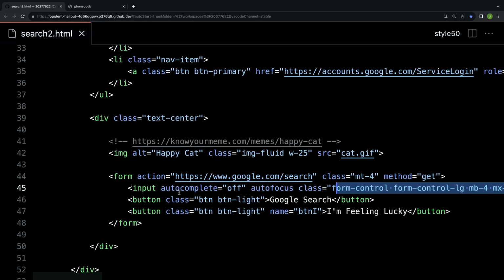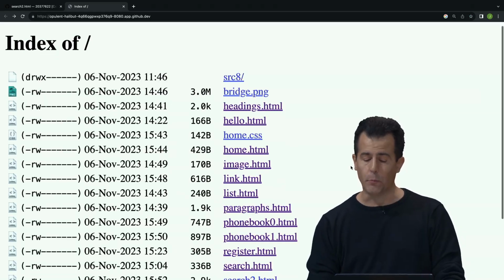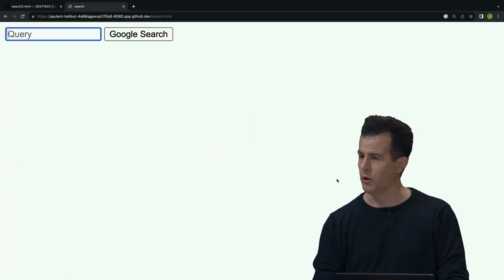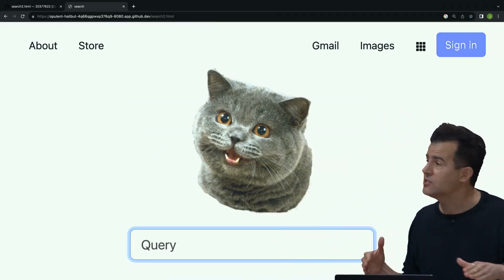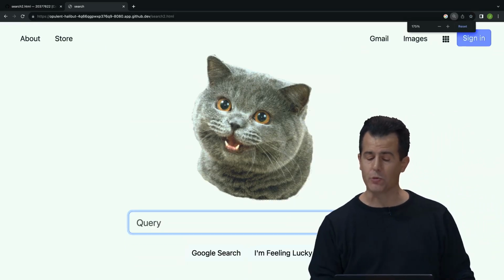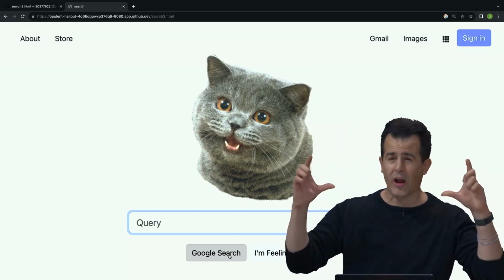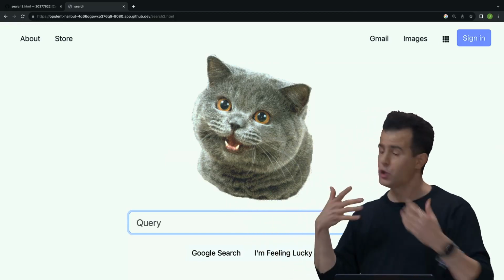file. So if I zoom out here and go back to my directory index and open the first version of search, it was super, super simple because it only contained the HTML form. Let me go ahead and open up search2.html, and the essence of the form is exactly the same. Therein is the query at the bottom of the page. But thanks to CSS, I now have a button that looks a little more interesting. It's gray and it's rounded. I also have an I'm feeling lucky button, which will send a different request and show me by default the